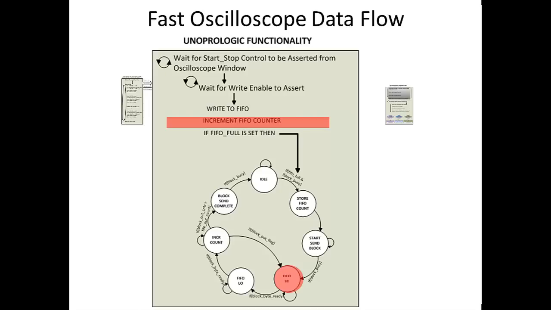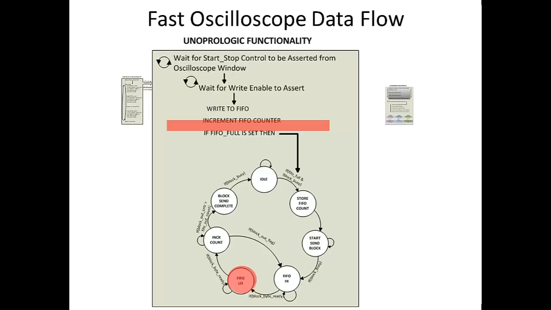This user code will toggle the FIFO read enable signal to push the first byte in the FIFO onto the block out byte. The state machine will then cycle to the FIFO low state. In this state, the state machine will wait for the active transfer library to complete the transfer across the USB. When the transfer is complete, the block byte ready signal goes low and causes the state machine to go to